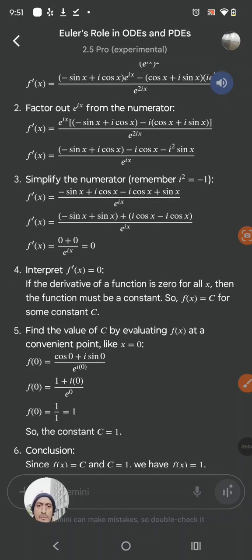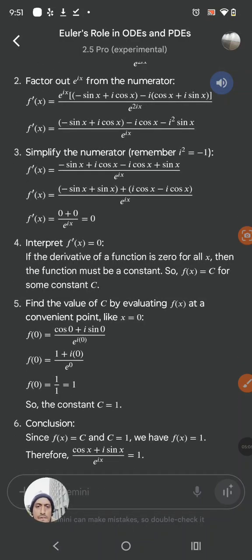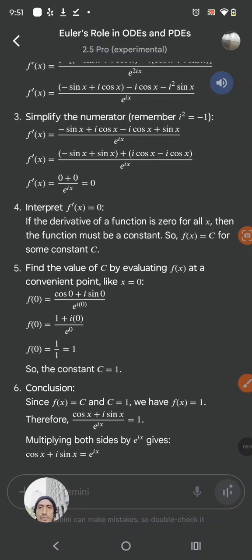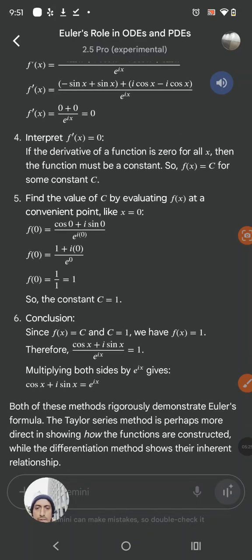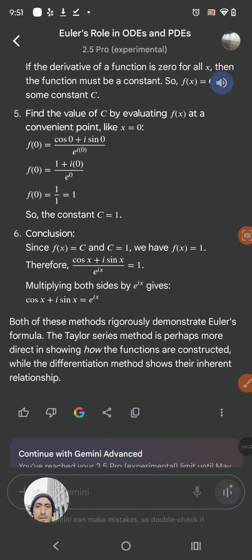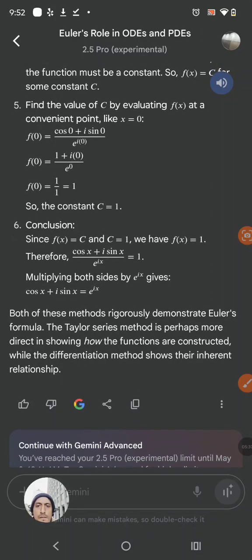So the next step, step 5, find the value of c by evaluating f of x at a convenient point like x equals 0. So f of 0 equals cos of 0 plus i sin of 0, which eventually gives f of 0 equals 1. So the constant c equals 1, because it will be 1 at every point. So the conclusion: since f of x equals c and c equals 1, we have f equals 1, which means cos x plus i sin x divided by e to the power ix equals 1. Multiplying both sides by e to the power ix gives cos x plus i sin x